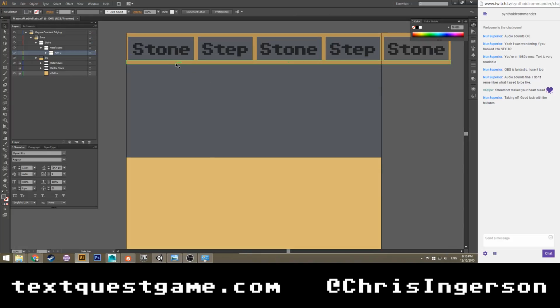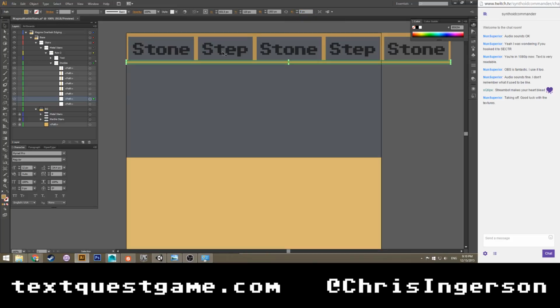Okay. So now, I need to change this so that this divide is not 16 high, but 8. Which means that its y is going to be minus 4, I believe. Correct? Yes. Same thing for this. We're going to have to say a height of 8.